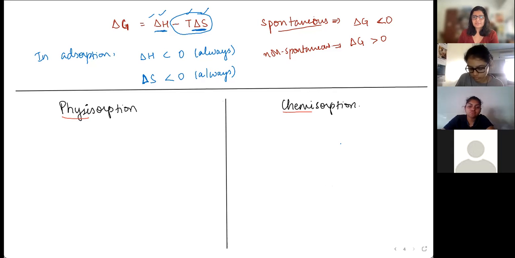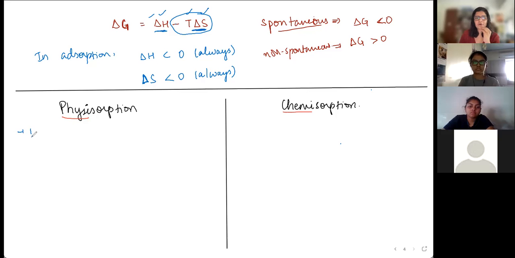So physisorption, chemisorption, I'll do it as a difference, like a split side-by-side thing. I think you have a table also given in the textbook in the all-in-one. That's very convenient to follow. Whatever you are given as properties of physisorption, properties of chemisorption, same thing factors into the difference as well. So we'll do a comparative thing for this.